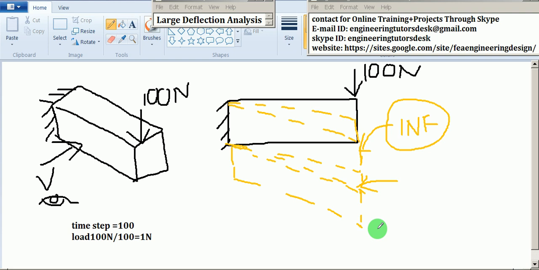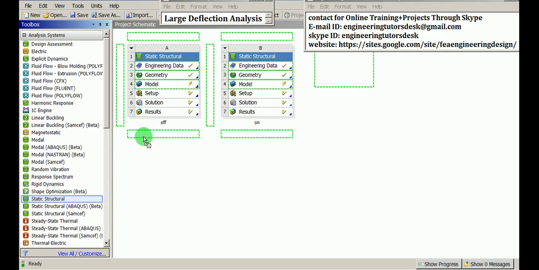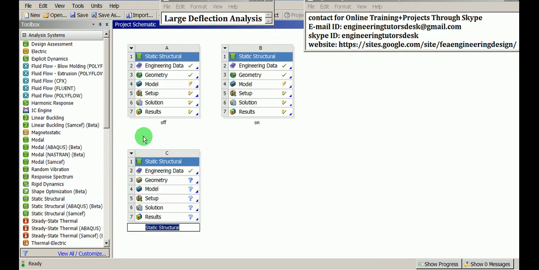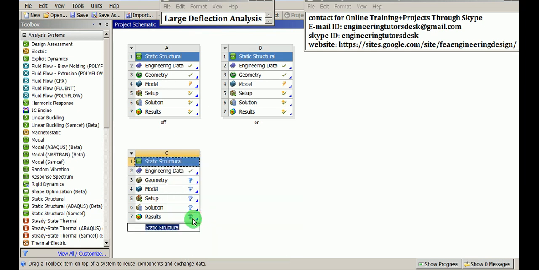Having understood the concept of large deflection, let us proceed with the tutorial. Create a new static structural analysis file. Make sure the series of the file is C. Rename the file as large deflection